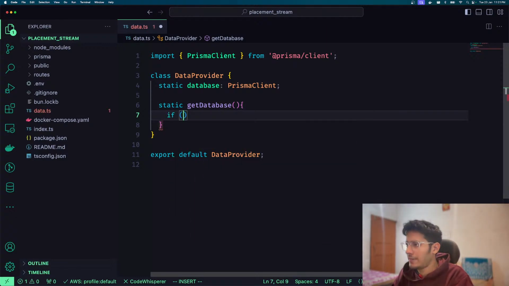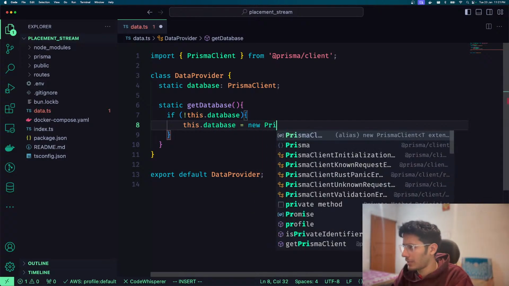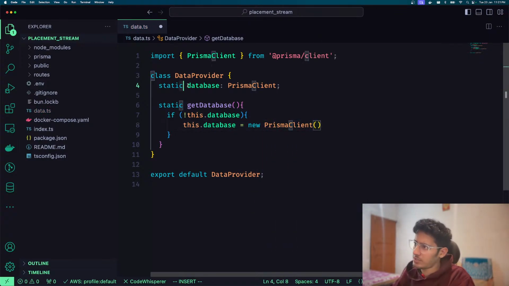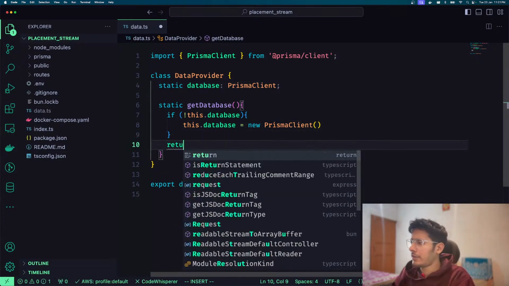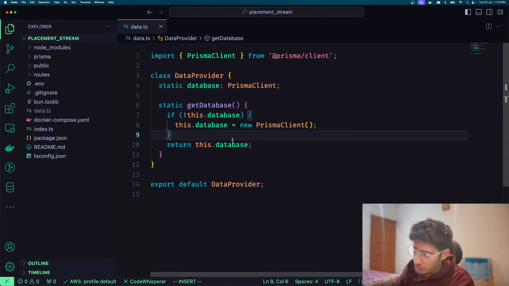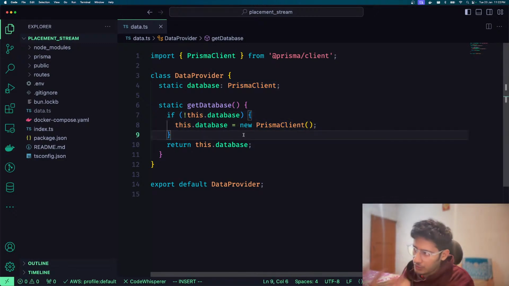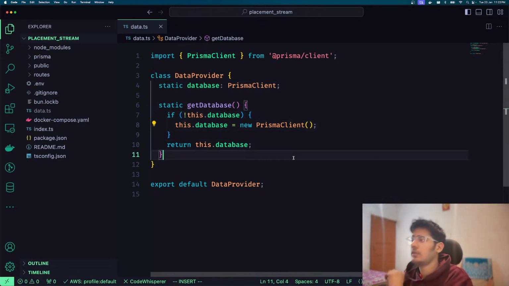So if there's no instance of this database found, then this.database is equal to new PrismaClient. If there's no database available, please create a new one, and then return this.database. So if it already exists, it will directly return whatever the database is, and if it does not exist, it will create a Prisma client